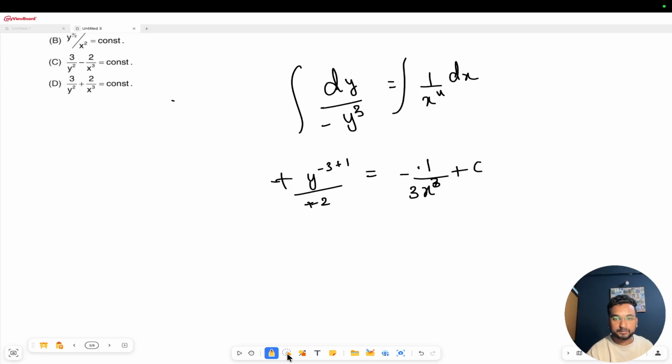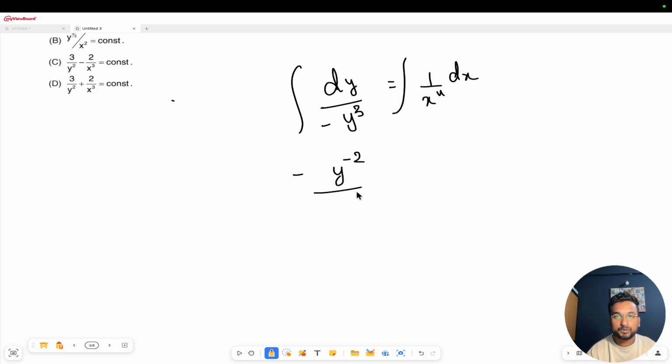Wait. See, this was minus 1 upon 2, minus x to the power minus 3 upon minus 3 plus c. Okay, so what you can write on the left hand side is, just send this